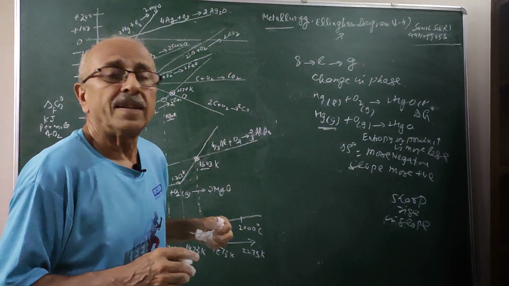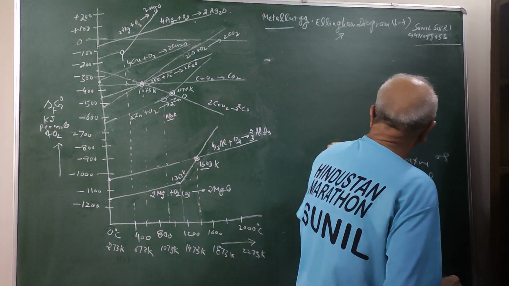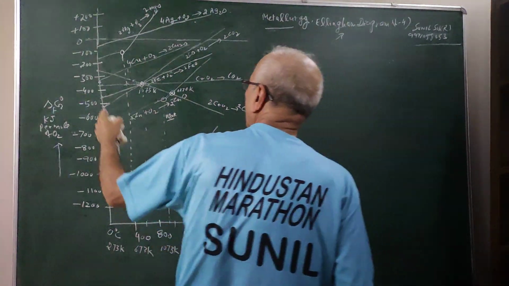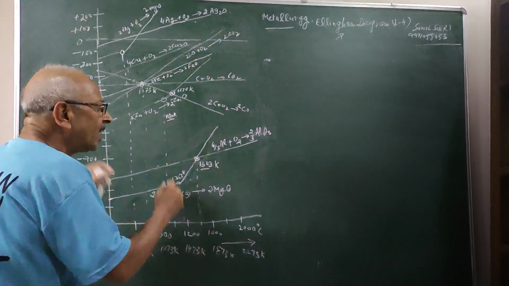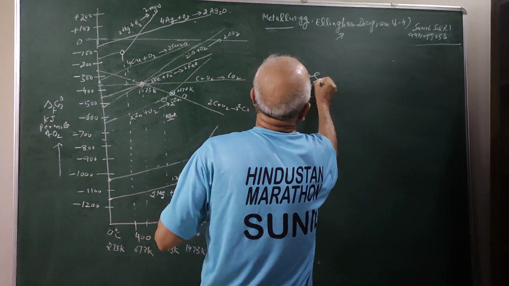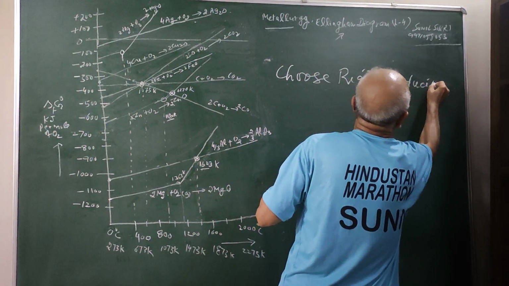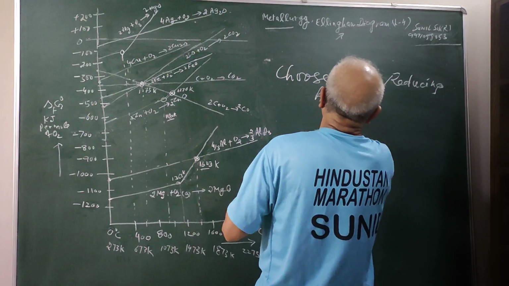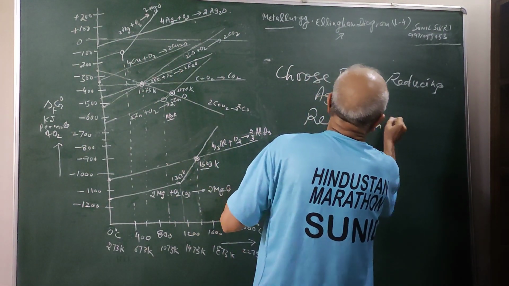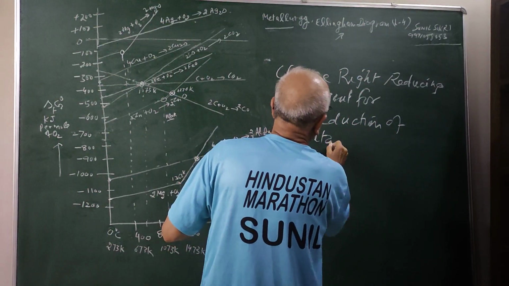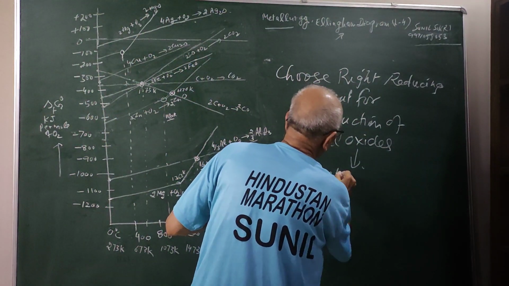So this is the first part, students, about the Ellingham diagram, where we have plotted graphs of that. The most important application and use of this is that we can make a choice. We can choose the right reducing agent for reduction of metal oxides to metals. The most